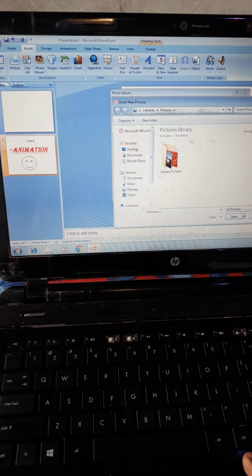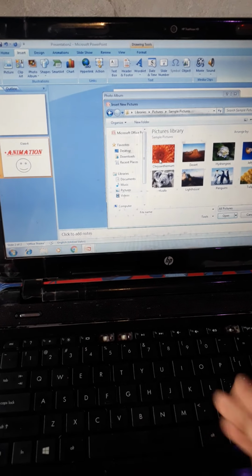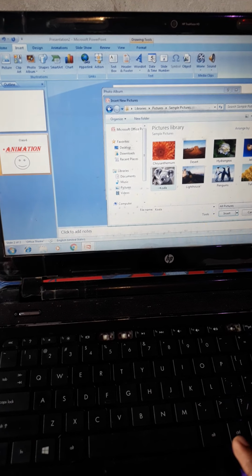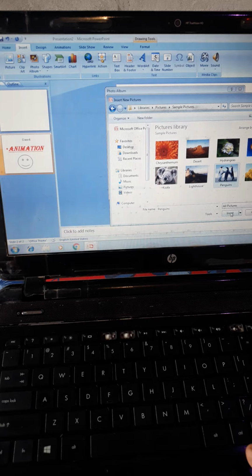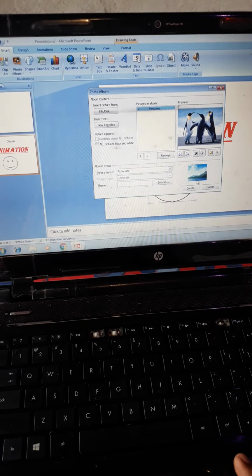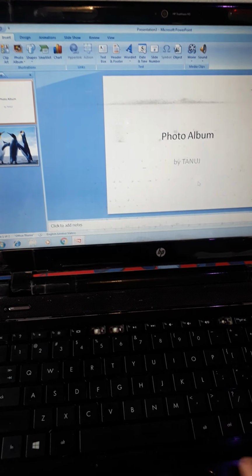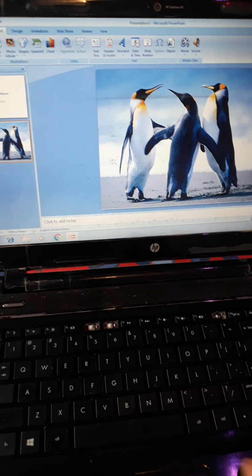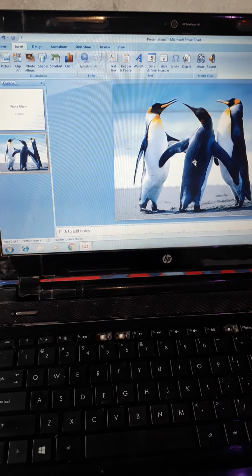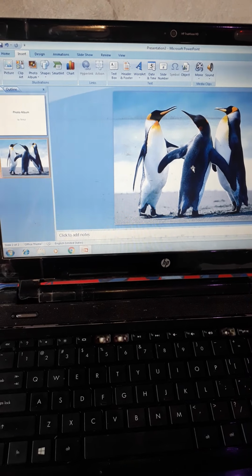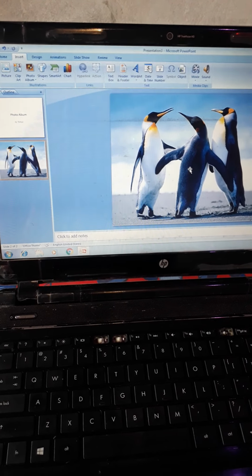You will see this type of option will appear from your computer. You can select any one. So I am going to select one picture, and then you have to click on the insert option, and then the create option. You will find a slide will be like this. This is how to apply a photo album and shapes.